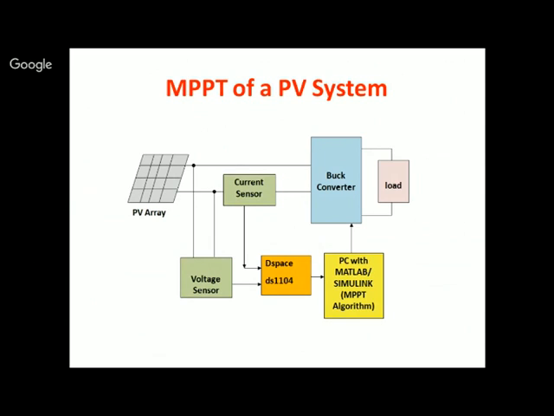In a PV array, there are 2 important parameters: one is the open circuit voltage and another is the short circuit current. These 2 parameters we have to know. Here the open circuit voltage of the system is around 21.02 volts and the short circuit current is around 2.6 amps. These are the 2 parameters of this PV array, and for the Vikram Solar PV array, I'll be showing you that real-time project also. So this you can see here.